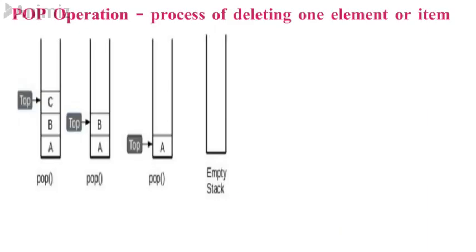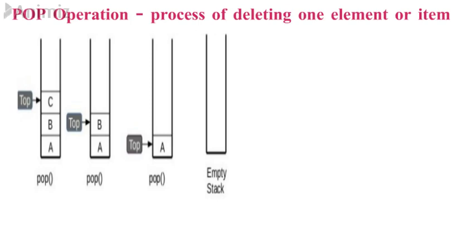Next, it is pop operation. It is the process of deleting an element or removing an element from the stack. When you go for removing an element, automatically your stack size will decrease. It will shrink. So how can you decrease the stack size or shrink the stack size? You have to decrement your top pointer.